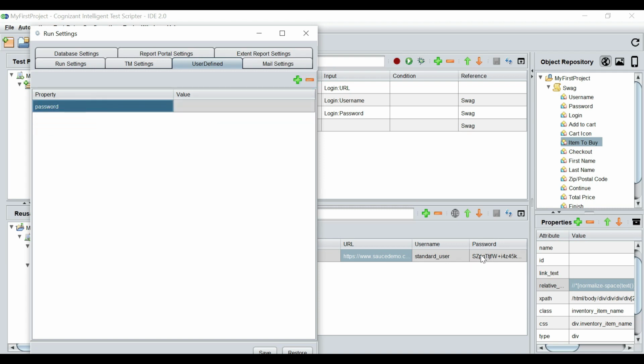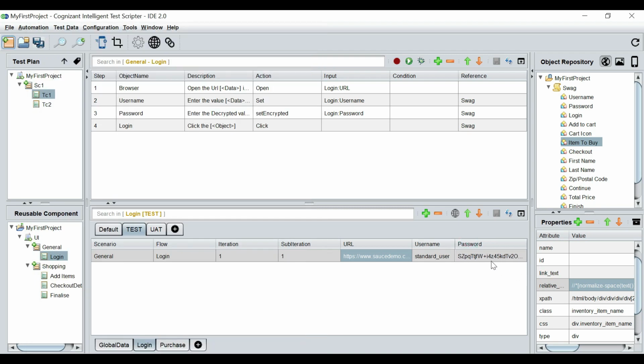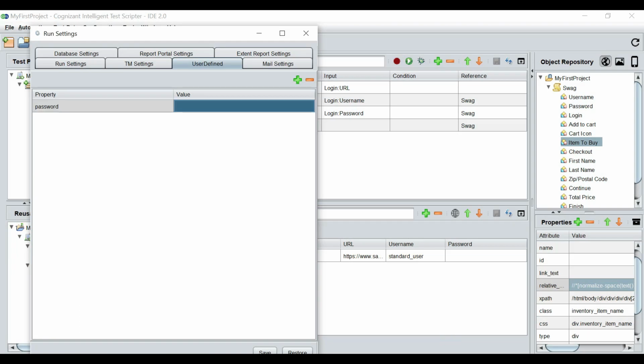I don't want the password hard coded. Well, it's still not hard coded, it's encrypted, but still, let's assume we want an extra layer of security and we don't want the password to come from here. So we're going to remove the password from the data sheet and put it in the user defined, or we may just leave it blank, so that when we run it via command line, it comes from an external source and gets automatically fed into this property,